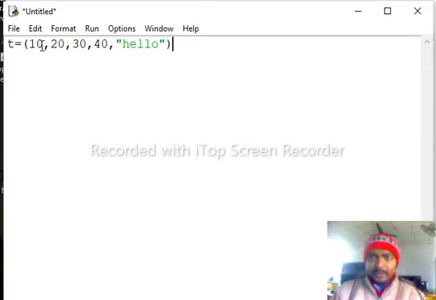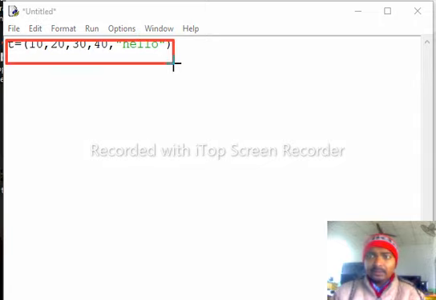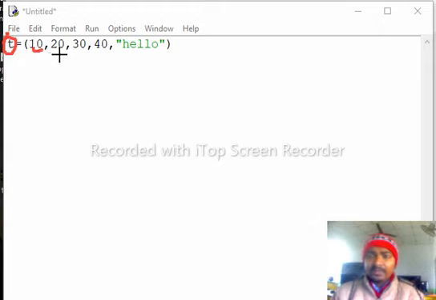Okay, you can see here this tuple t contains some values: 10, 20, 30, 40 and hello.